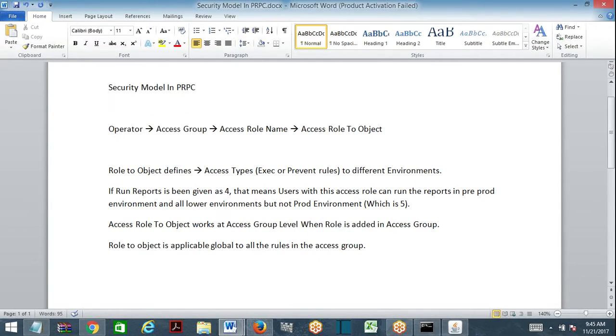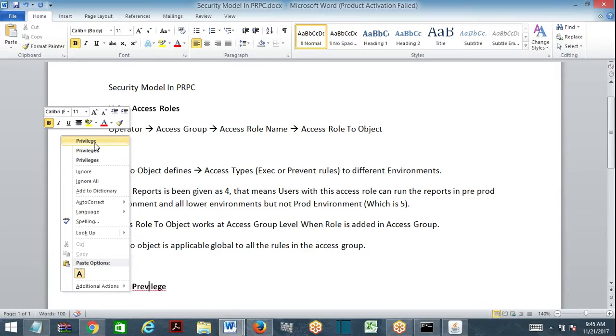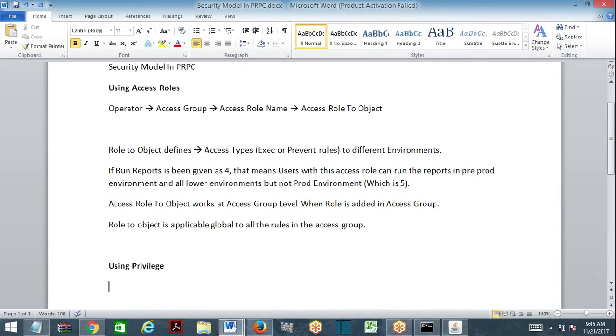Now what is the concept of privilege? This is using access roles. So next, security model using privilege. When I say security model using privileges, how does it work?